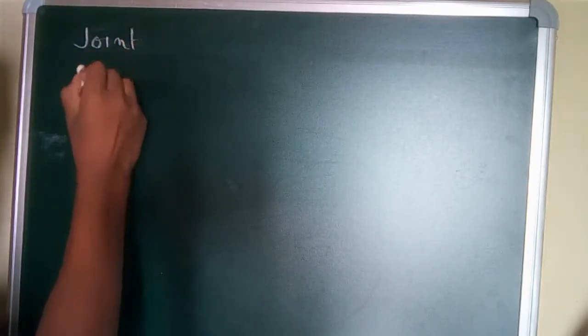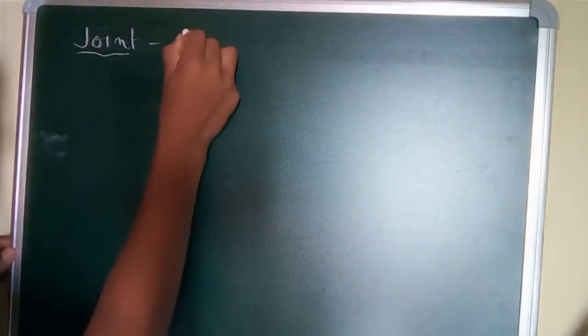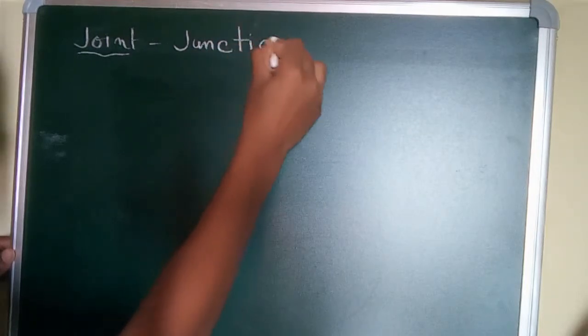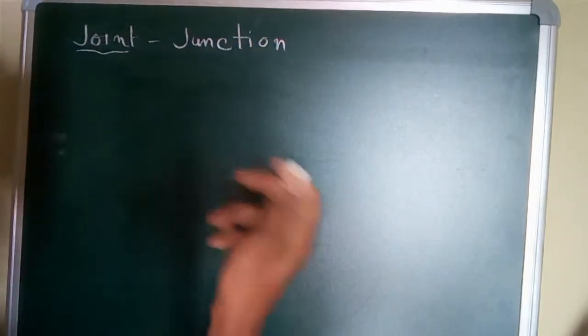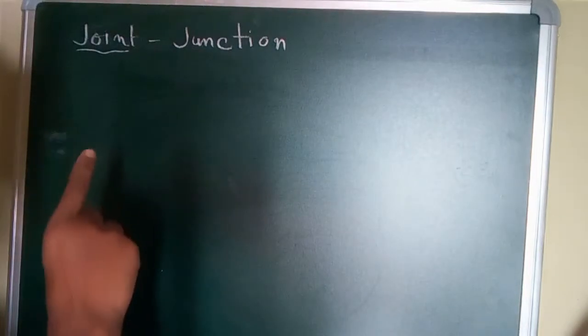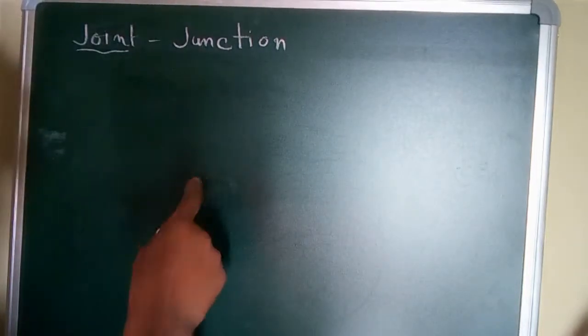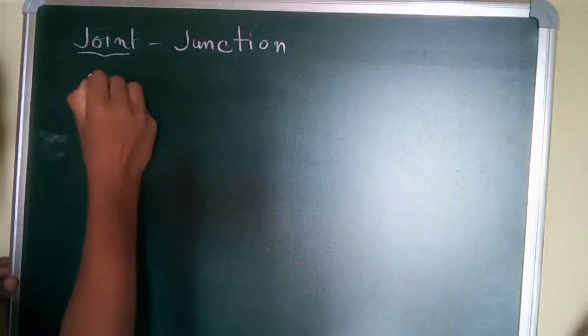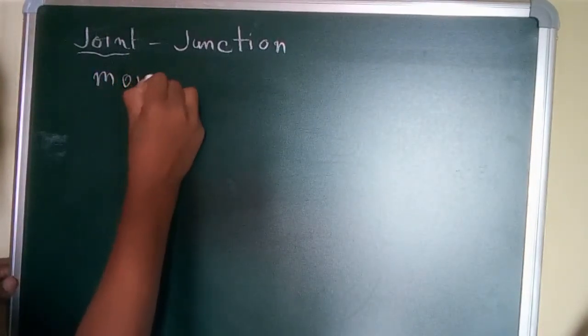In this video I'll discuss the types of joint. So what is a joint? A joint is a junction between two or more bones, and it's responsible for movement,